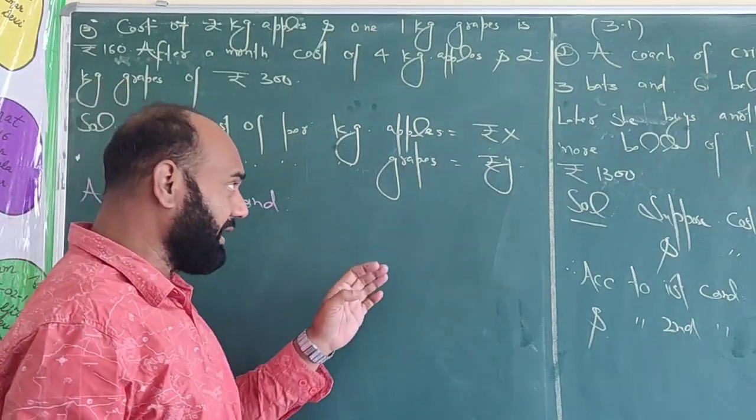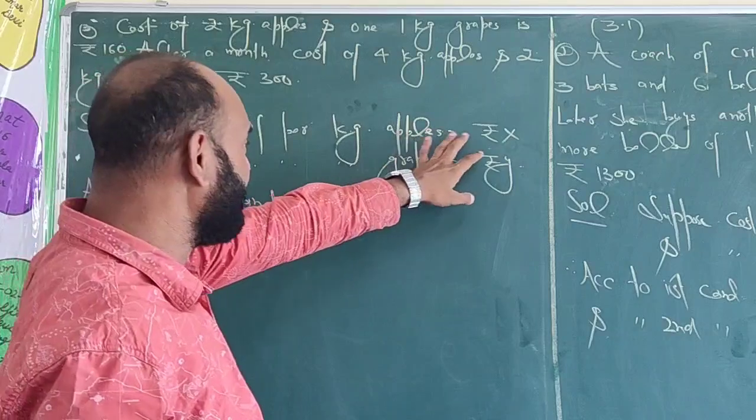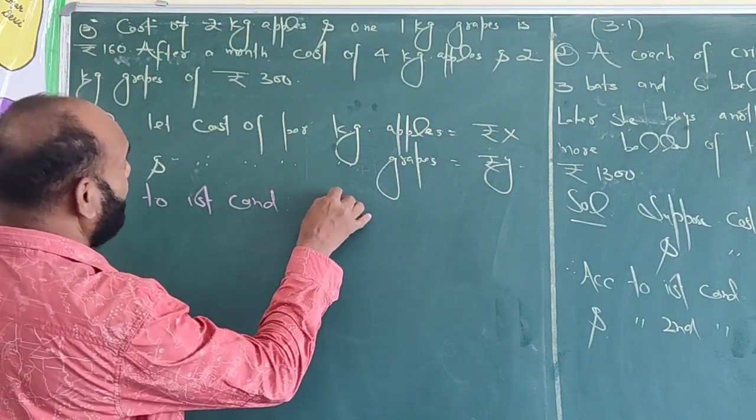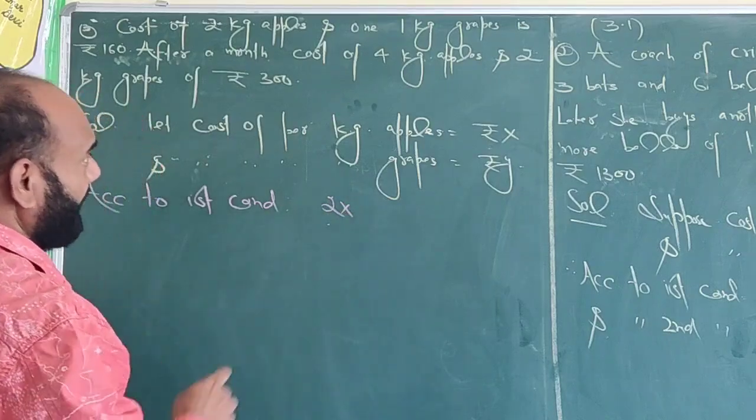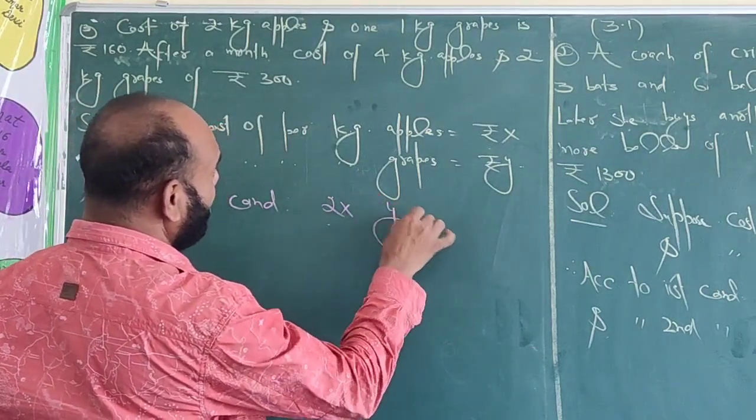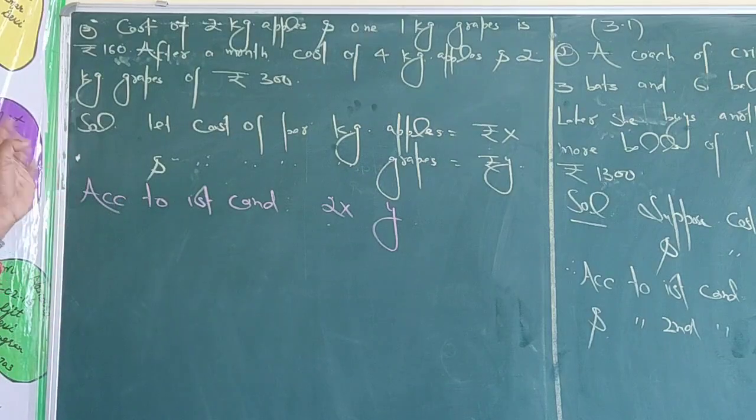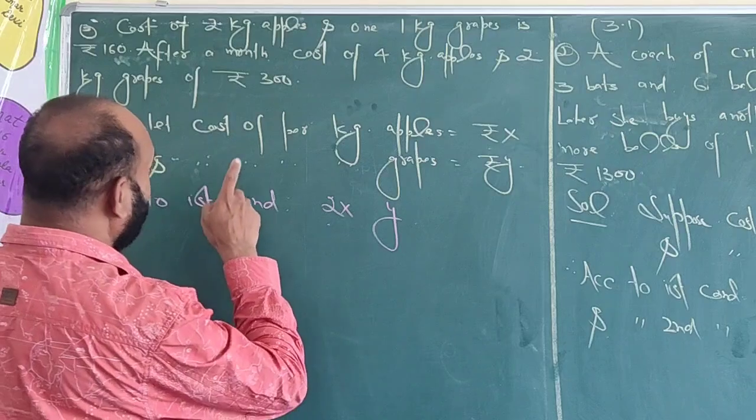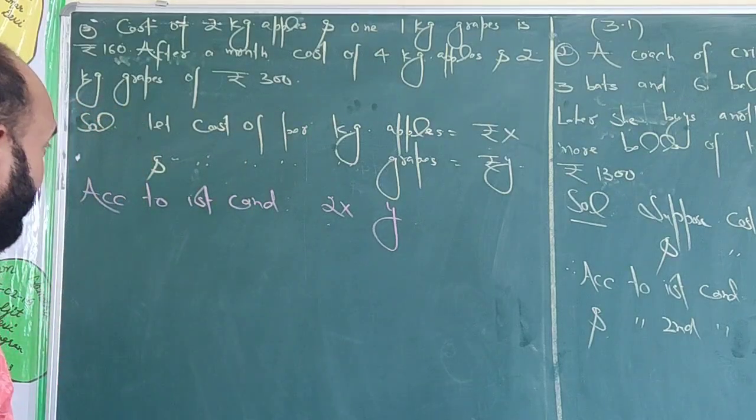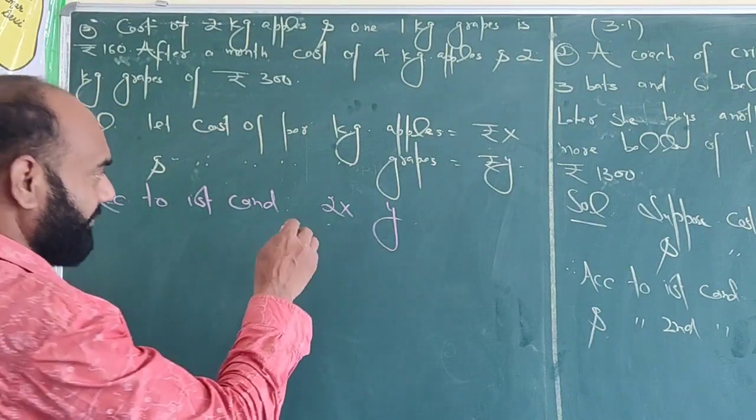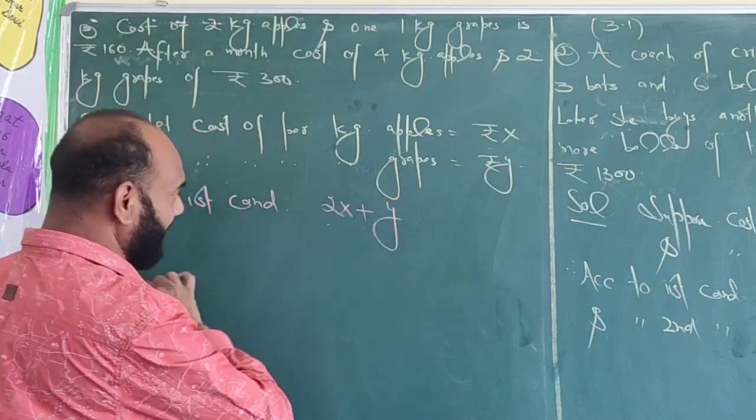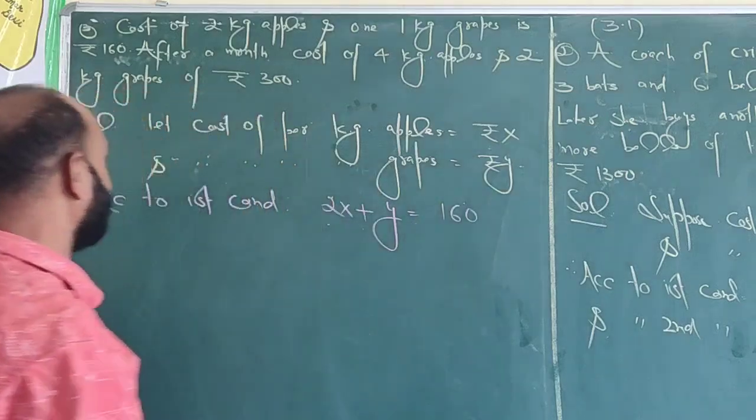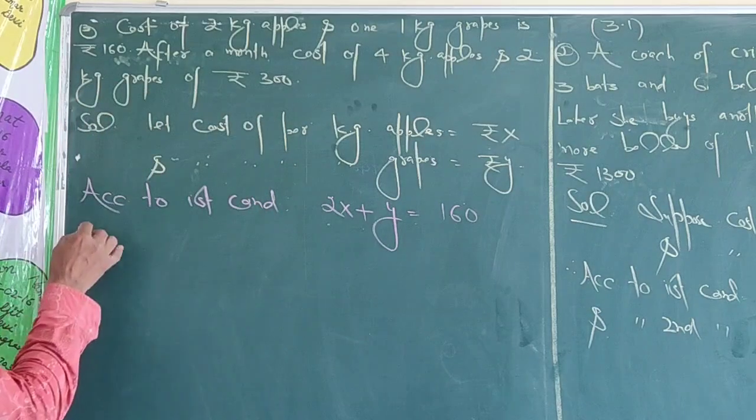When we suppose the cost per kg of apple is rupees x, then the cost of 2 kg apples is rupees 2x and the cost of 1 kg grapes is rupees y. The combined cost of 2 kg apples and 1 kg grape is 2x plus y, and according to the condition this is equal to rupees 160. And according to the second condition,